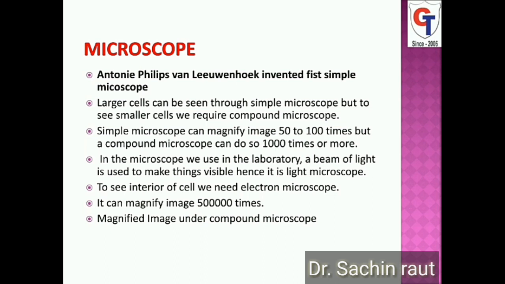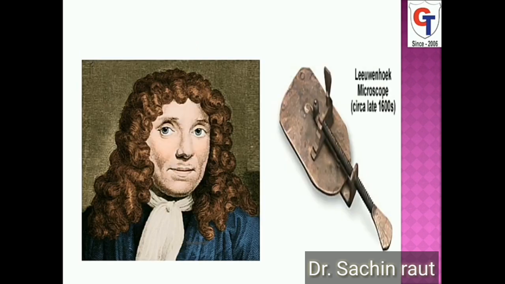The simple microscope can magnify the image 50 to 100 times, while the compound microscope can magnify the image 1000 times or more. Now he was the inventor of the microscope, Antony van Leeuwenhoek, and this is the first image